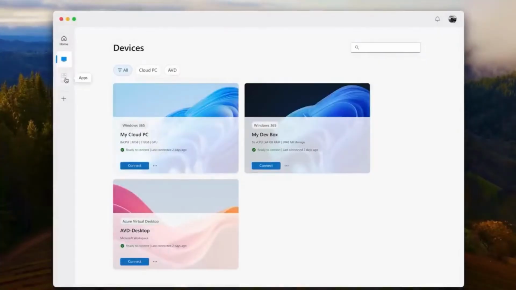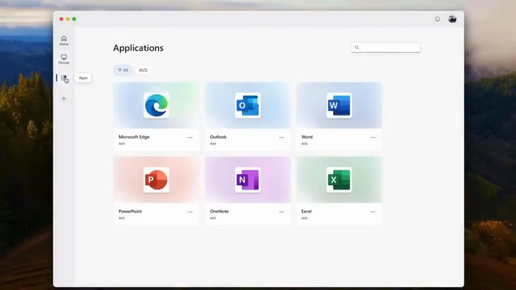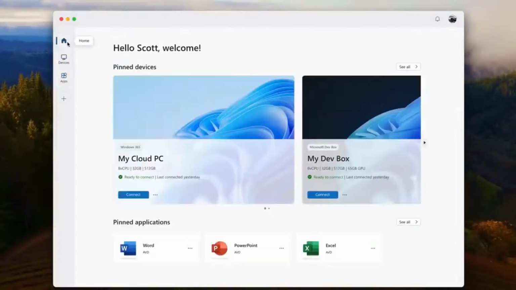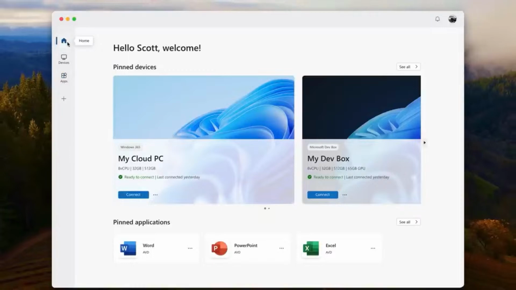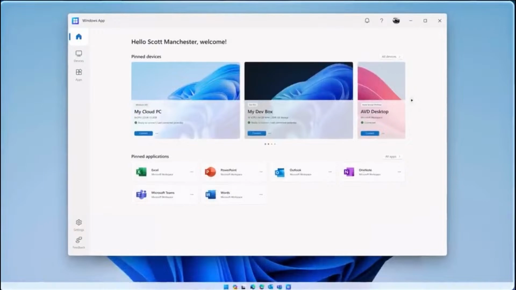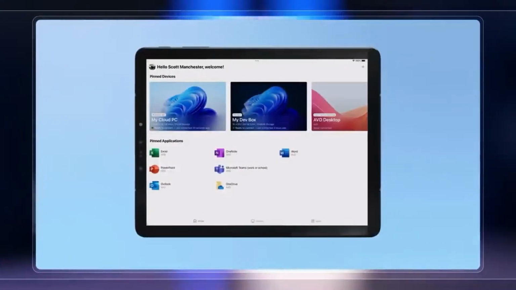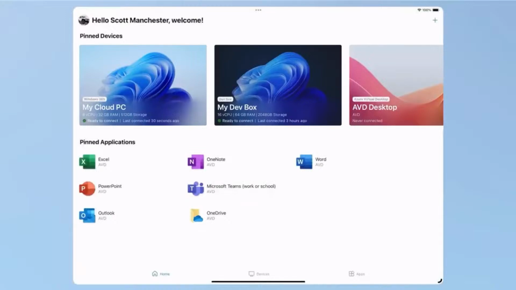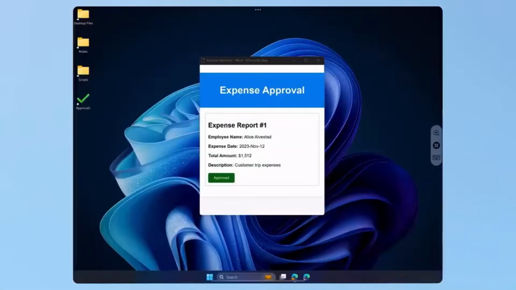workflows and boosting productivity. Users with Azure Virtual Desktop can also access all their remote apps in one place. They can pin their primary devices, allowing for easy access on the home screen. The Windows app also provides enhanced Teams experiences on both desktop and mobile clients, boosting productivity across all devices and platforms. Here's a quick peek of the Windows app on iPad. As you can see, a user has all their same resources, consistent on all their devices.